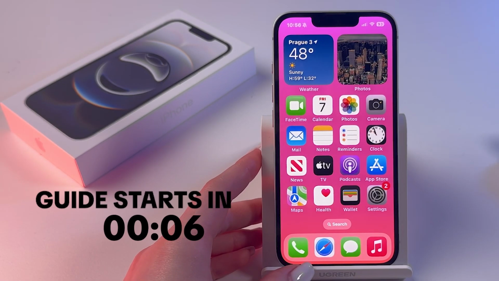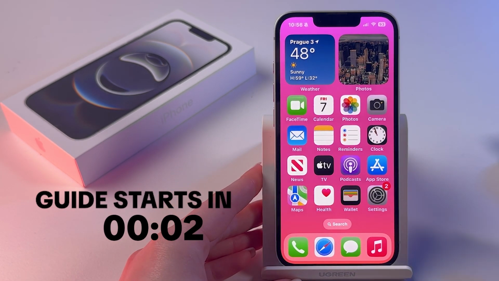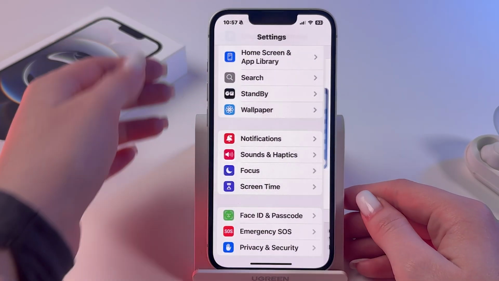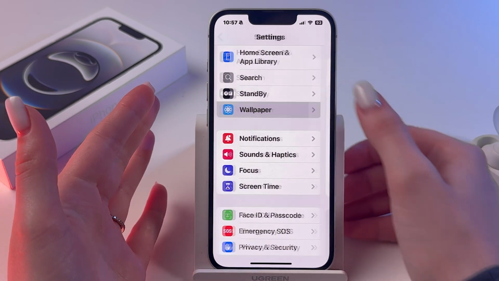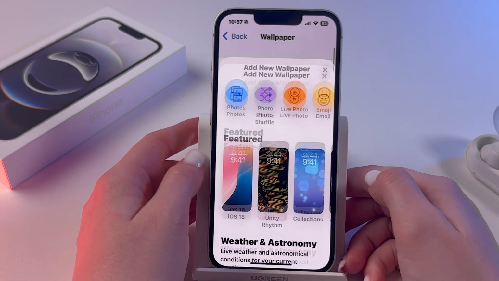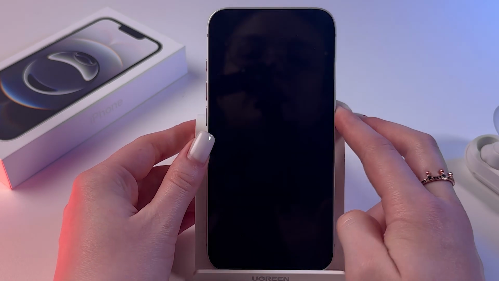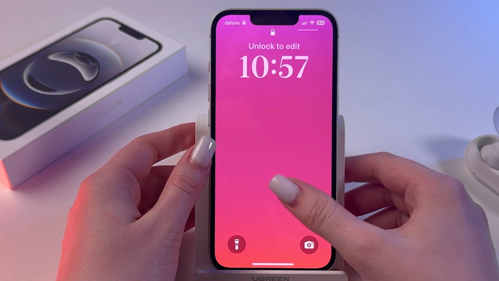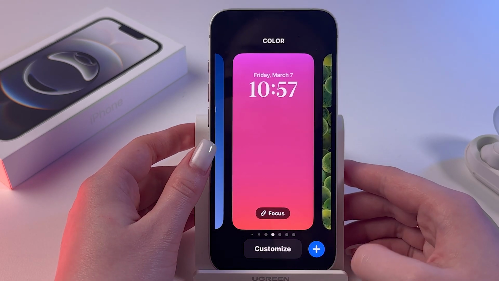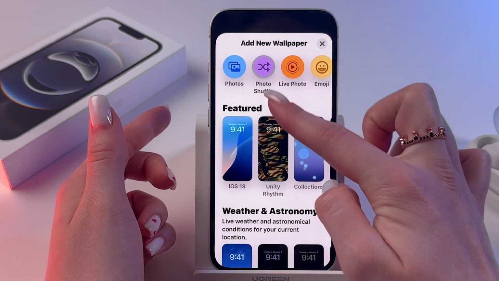Hi, if you want to set Photo Shuffle Wallpaper on iPhone 16e, then we can do it either through settings. So you can find this Wallpaper tab in settings, tap to add new one and select Photo Shuffle, or we can lock screen, unlock it to add it, then click this plus on the bottom and on top choose Photo